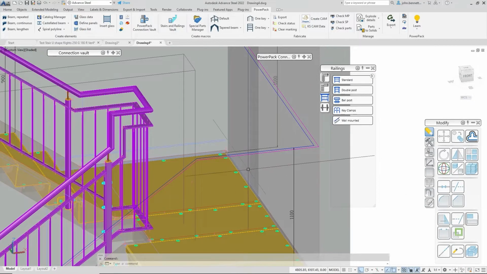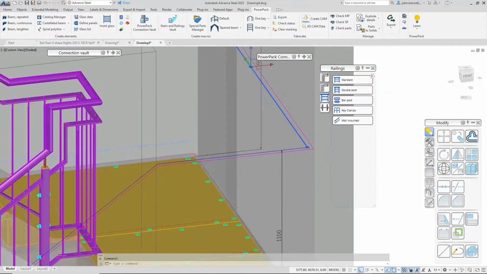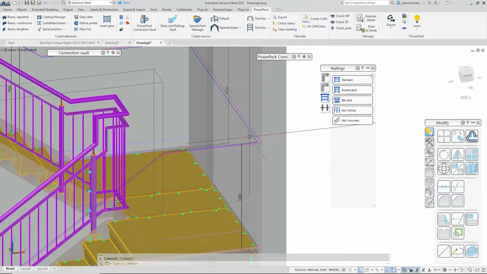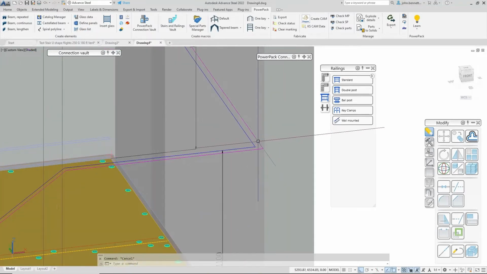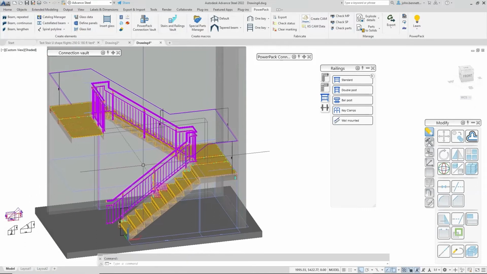I did a bit of basic 2D to trim them together, and that gave me this blue outline. Then, realizing I need to offset that to get back to my retaining wall or the face of my brick wall, concrete wall, whatever it is, I used the 2D offset command here and offset that to get fundamentally my magenta lines that you see here in the model as well. So yes, it did take a few minutes to do some setting out,